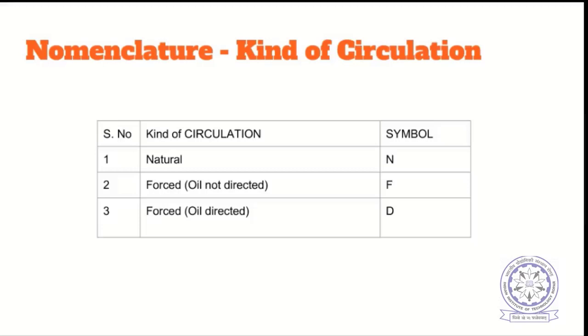That previous slide was about cooling medium. This slide is about circulation. There are again three types of circulation here. Natural circulation. Naturally, the hot air coming in contact with a hotter surface will move away and take away the heat. So again the cool air will come in touch with that surface, and like this natural circulation may happen.